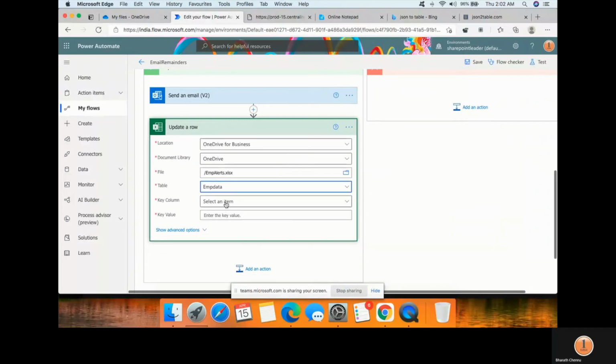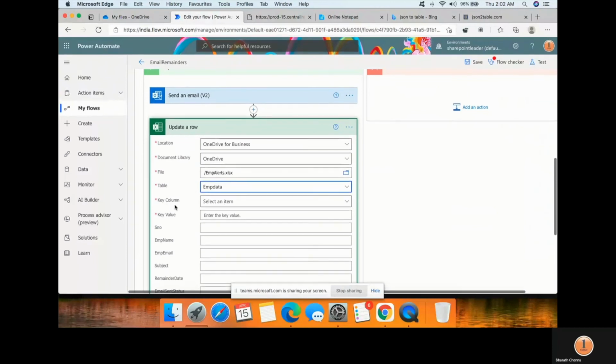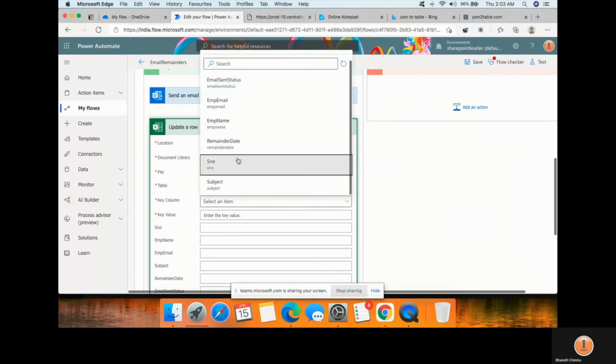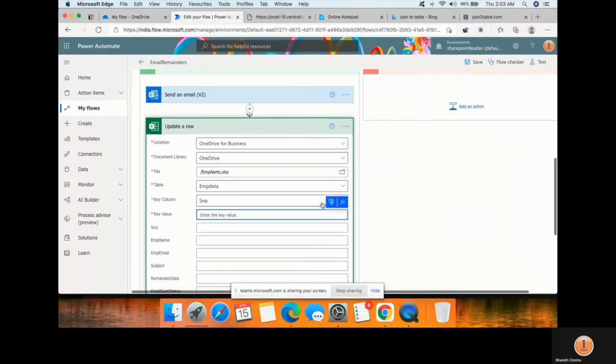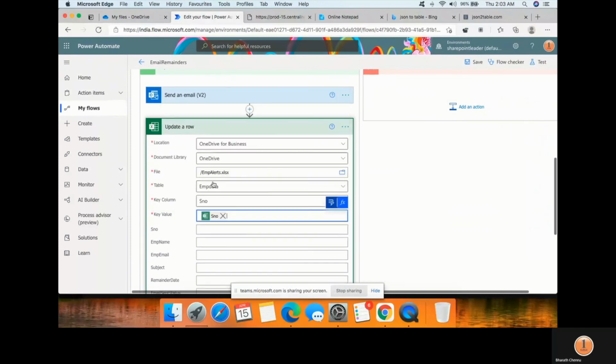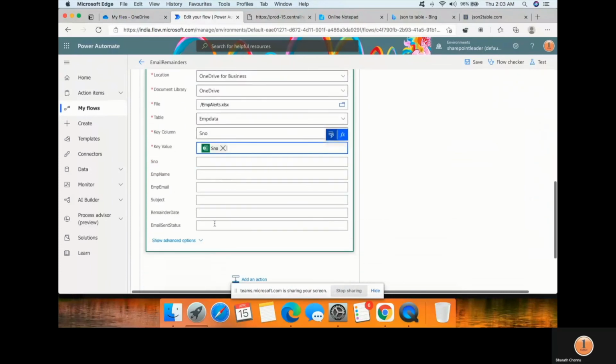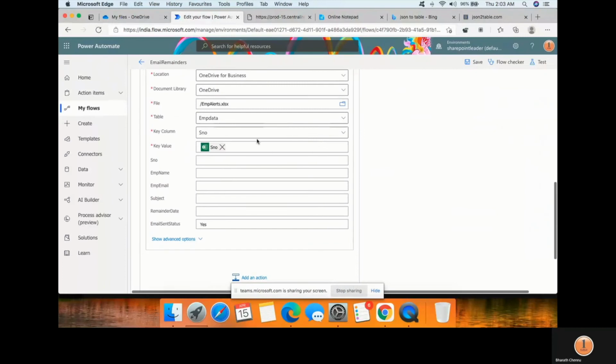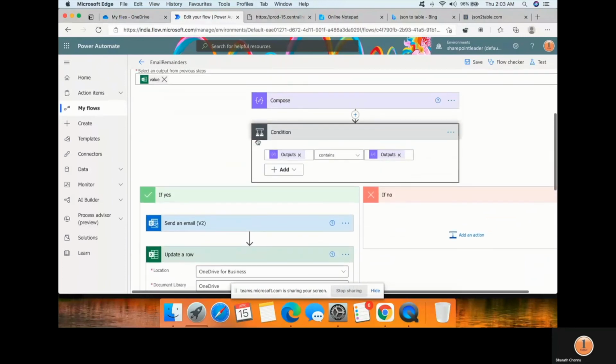Here we are updating the Excel column. The new thing we will learn is key column and key value. When compared with SharePoint update list item, where we need only the value, no need of key column and key value. Here in the key column we write serial number, the key value is serial number, and email status is S. Once you have done this,